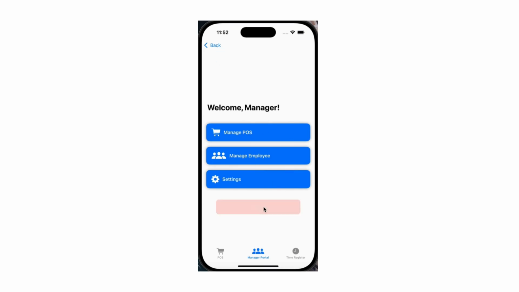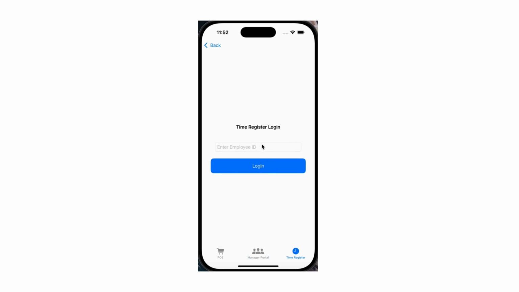Next up, I'll just log out from the manager portal, and I'll go to the time register. For the time register, you can enter your ID, and you can register your clock in and clock out time. For example, let's say an employee just started work. He'll go to this page and enter his ID. Let's say we just made an employee Smith, right? His ID was 53. When I clock in with the ID 53, you can see here on the page